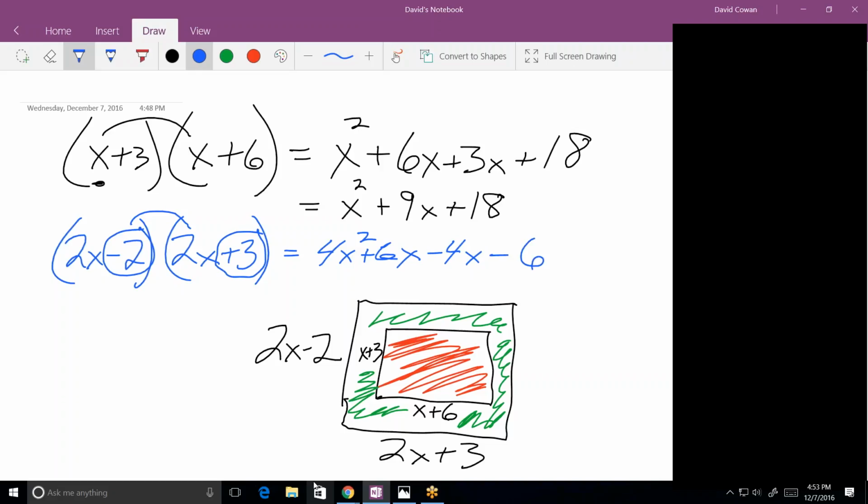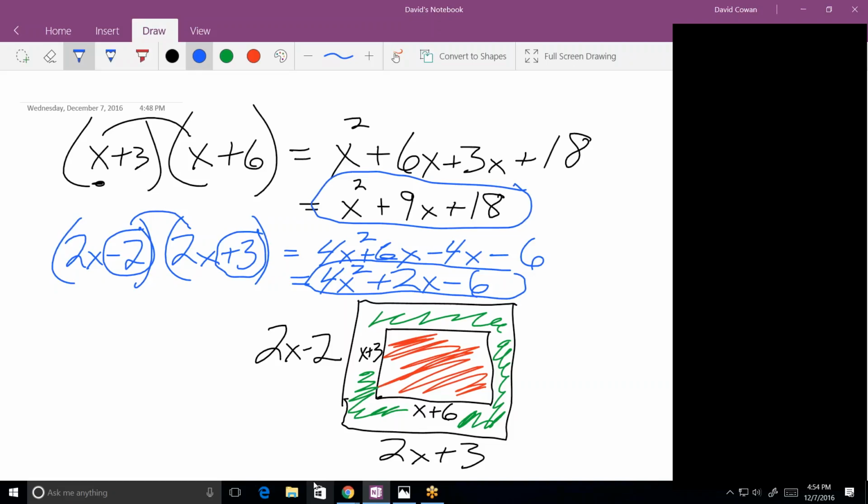Okay? Now combine the two middle terms. Every time you have this kind of a problem, you can always combine those two middle terms. So 4x squared plus 2x minus 6. Okay. Now, if that's the area of the inside rectangle, and that's the area of the full outside rectangle,